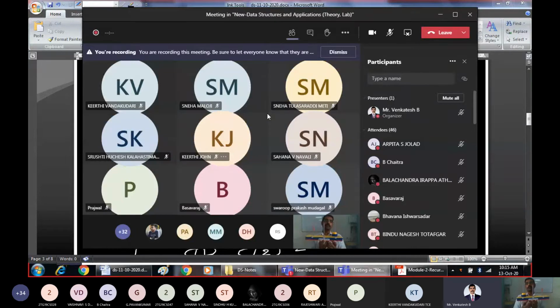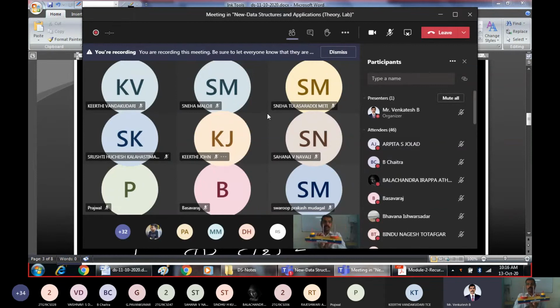Actually, we have to take the minimum number of moves and move the disk. But now we took 5 moves. So the better solution is, within 3 moves we can do this. Take the topmost disk from A and move it to B. Next take the disk from A and move it to C. 2 moves are over. Next take the disk from B and move it to C. What happens? 3 moves. Within 3 moves we are able to move all the disks from source to destination. So that was the case when we had 2 disks.